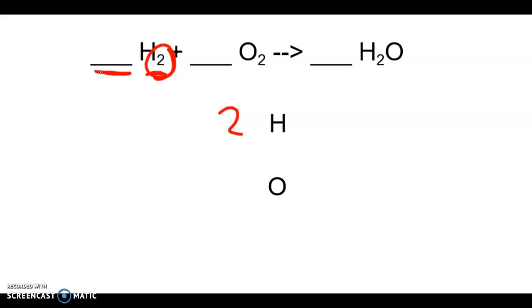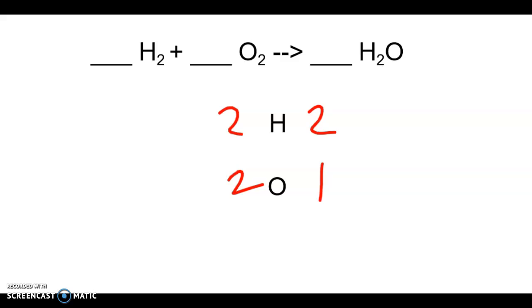And then for the right side, we have H2. So this means in H2O, I have 2 hydrogens. And then for oxygen, we have 2 and then 1. Right away, we know this equation is not balanced because we don't have the same number of oxygens on both sides. If I want to start by balancing oxygen, I can fill in a number in this blank that would